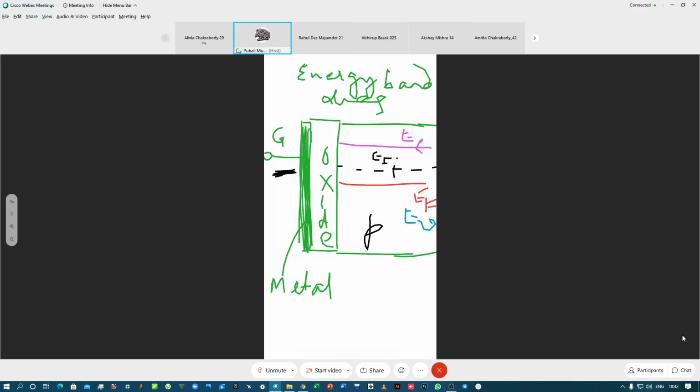You see, in this region, the Fermi level will be closer to the valence band. I'll use blue ink as before. Since there is accumulation of positive charges in this region, the region becomes more p-type, so the valence band moves up closer to the Fermi energy level. And similarly,